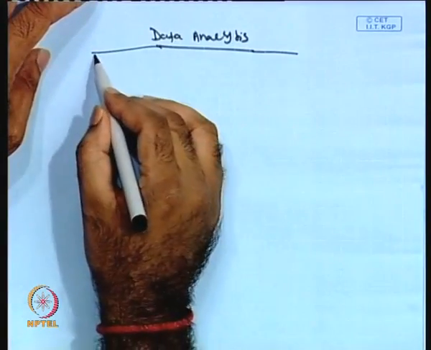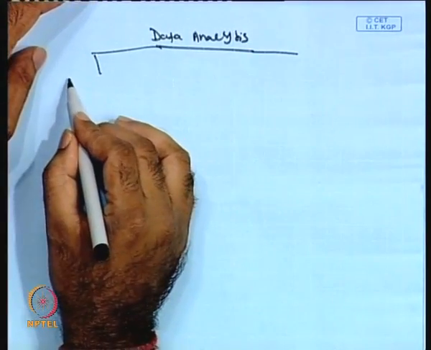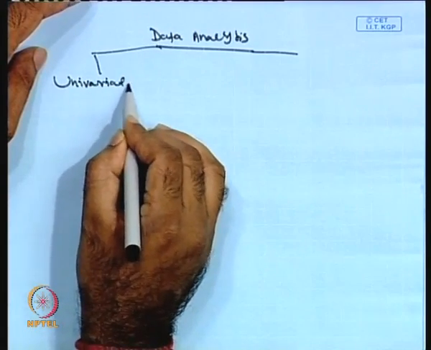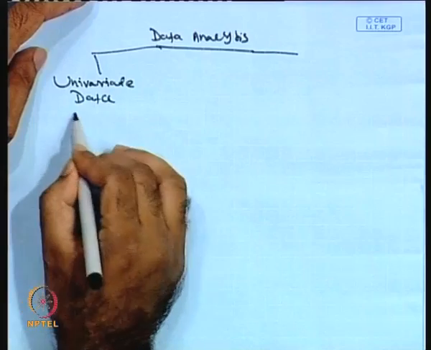The structure of econometric modeling is a part and parcel of statistical modeling. So, statistical modeling again is a vast concept and econometric modeling is a part of that. So, now I will highlight here first what is the entire structure of statistical modeling, then we will bring the concept or structure of econometric modeling. So, data analysis basically divided into three parts. First part is called as a univariate data modeling,